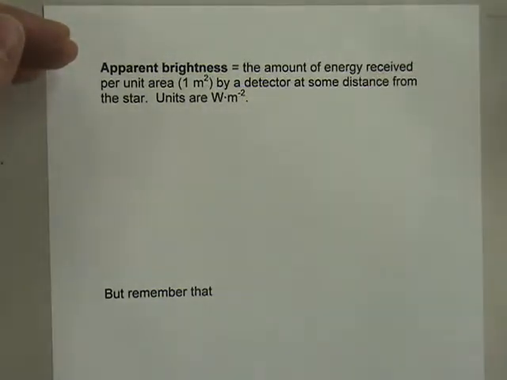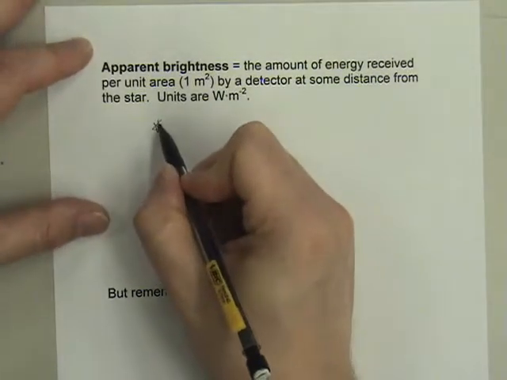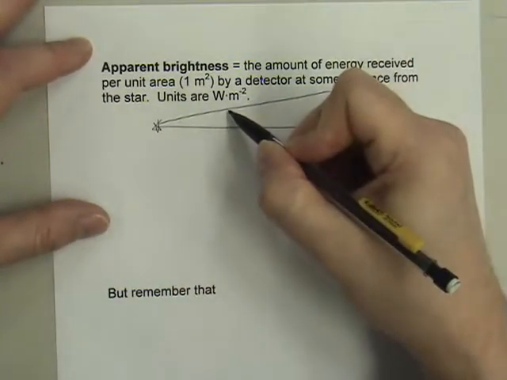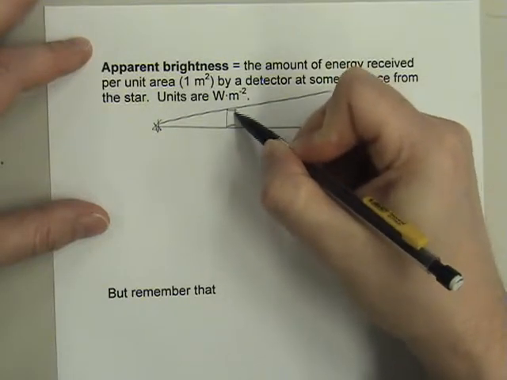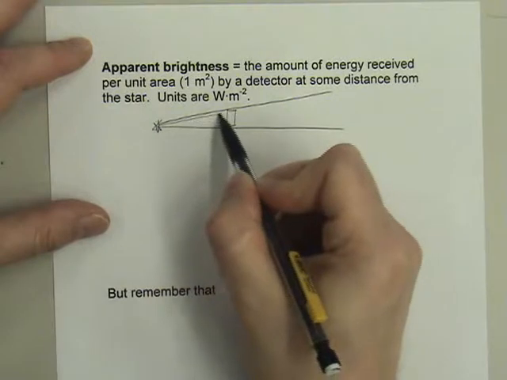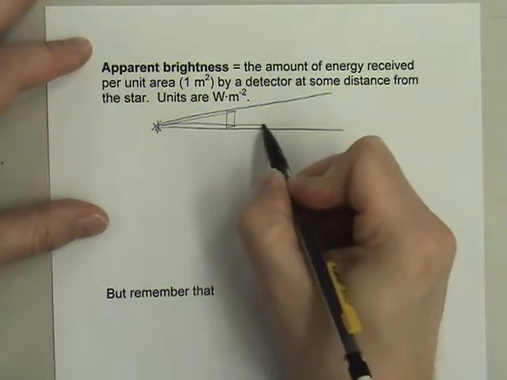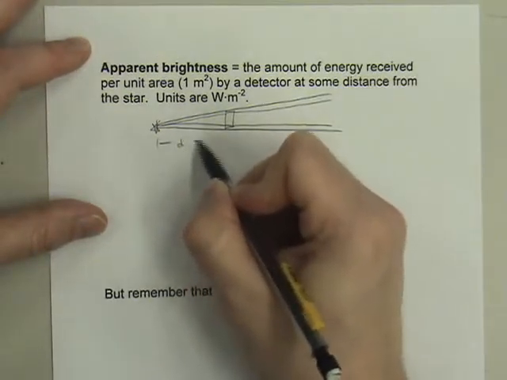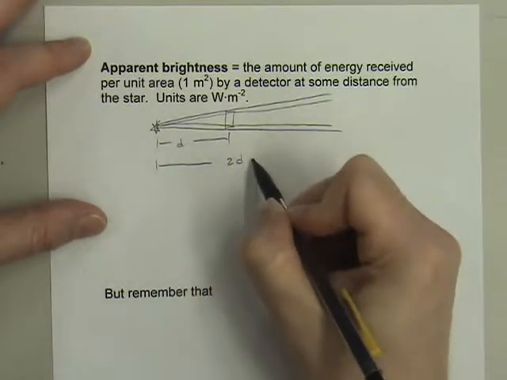And this is where the word apparent comes from, because obviously depending on how close or how far you are, the star will appear to be brighter or dimmer. So if we imagine that the light from a star is emanating outward, so we might have some unit area here, and I might have some distance, but if I go out to twice that distance,